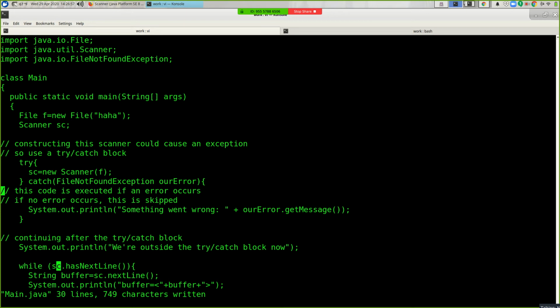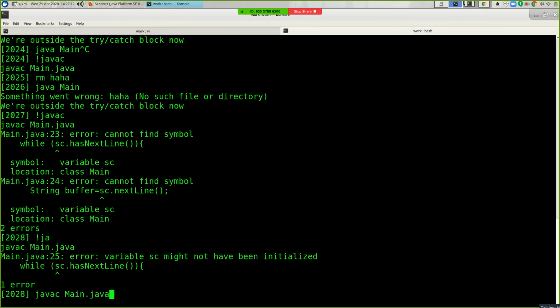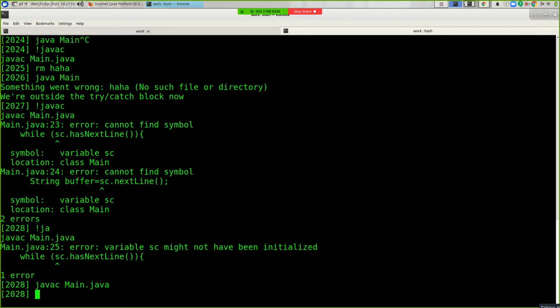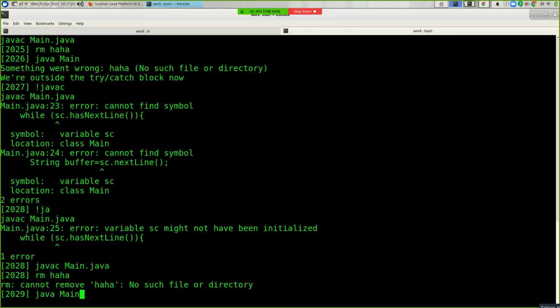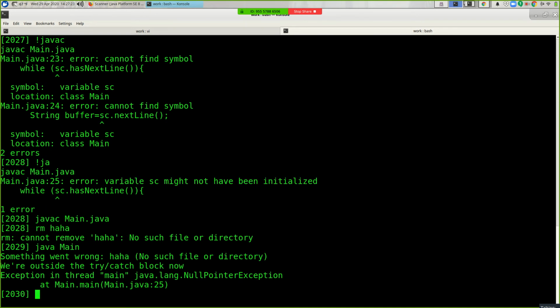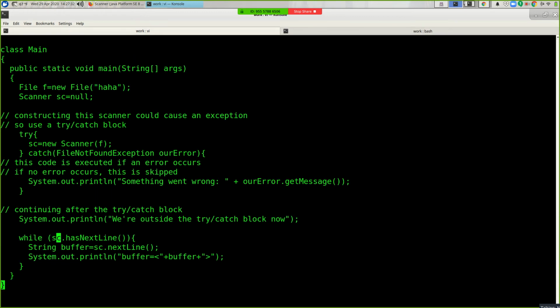And here's an example of what not to do. It's telling me that sc is uninitialized. If you go on Stack Overflow or Code for Geeks or something, you'll find people who will offer you advice and say, oh, just initialize it to null, right? And so you initialize sc to null, and when you compile, your error goes away. Well, that looks great, right? Until you try to run it. And when you try to run it, you're going to get an exception. And it's an exception we're not handling, which says null pointer exception. And it's down here at line 25, which is where we're trying to use sc. So if we didn't do this,